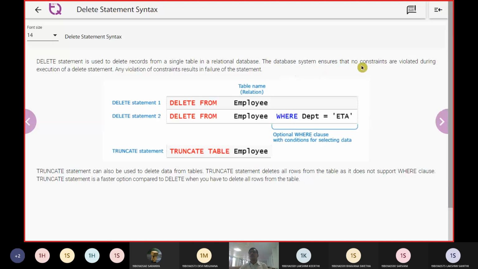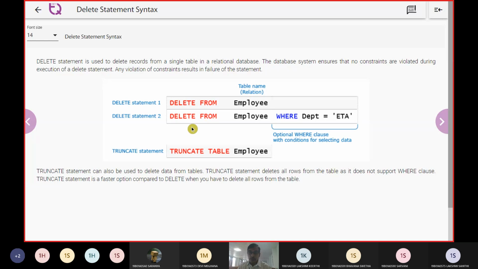The database ensures that no constraints are violated during execution of a delete statement. In general, we use delete to drop some item in a column or table in a database. So how do we invoke this? Delete from, and then directly the table name.